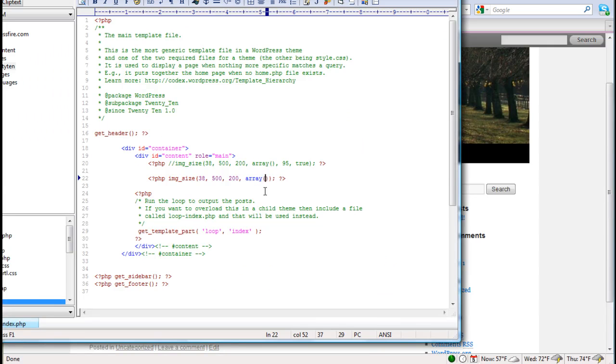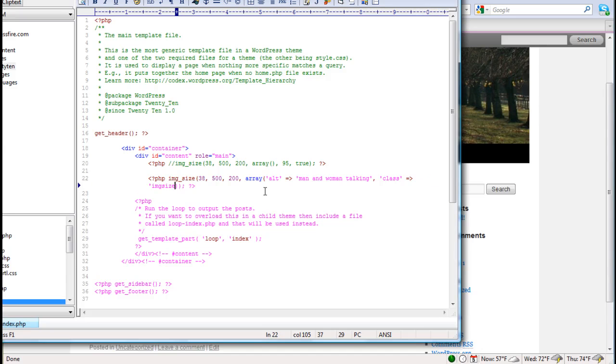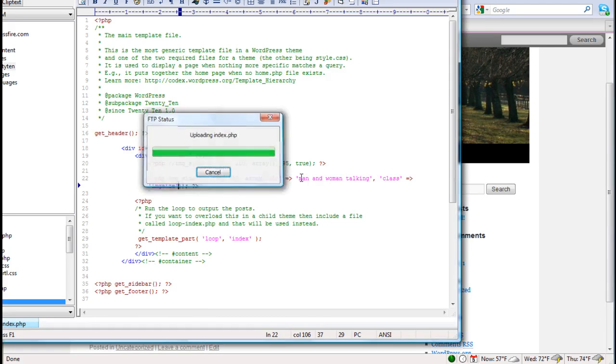One thing you can do here is add an alt tag to your image: man and woman talking. And let's say we want to add a class. We can do that here, and we can call this image size. As you see, this is a key value array that we're adding in. On the left side is the attribute we'd like to add, and on the right side is the value of that attribute. We'll save this,